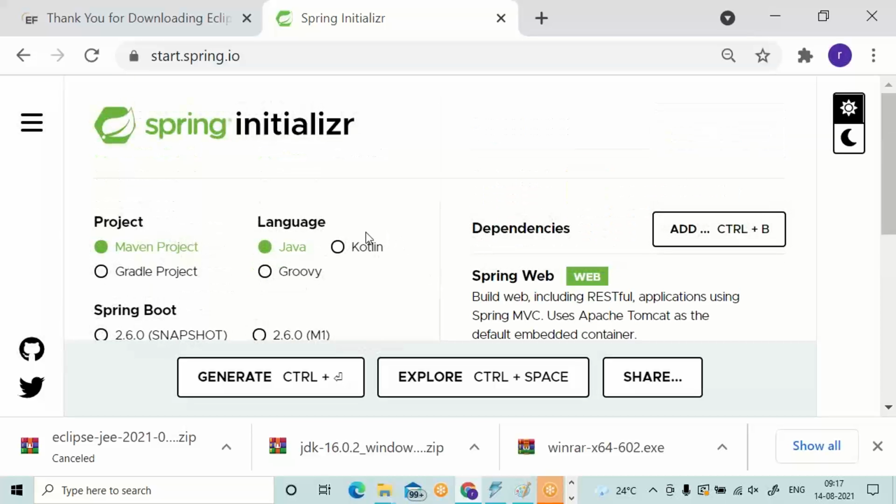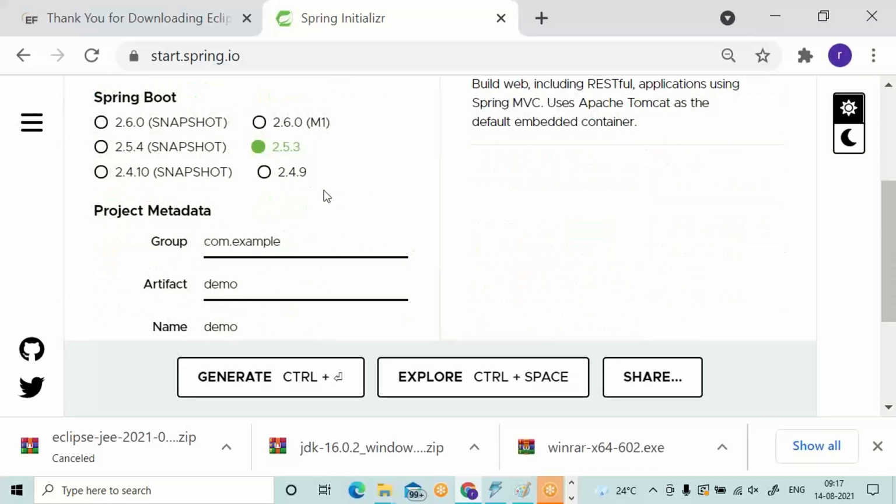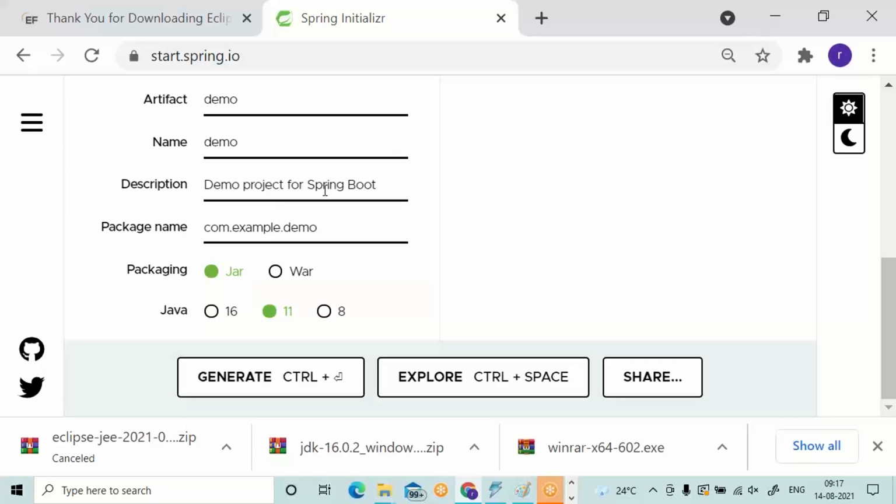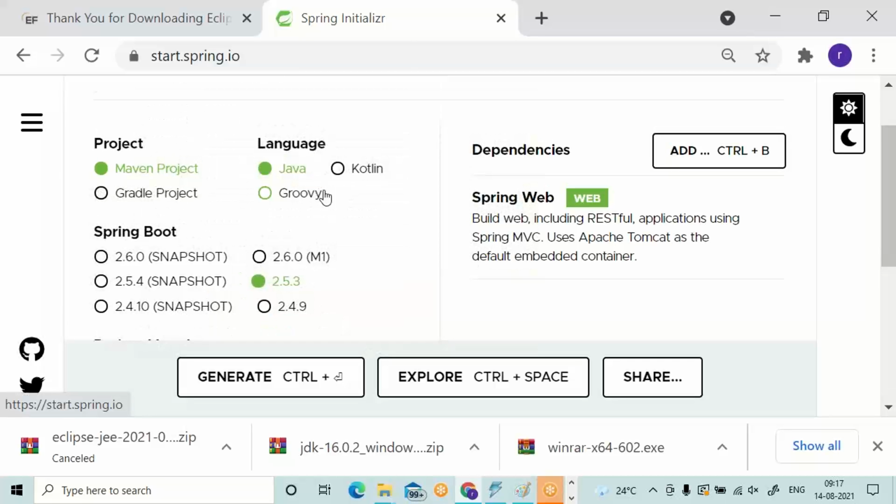That's all. We have given the input to the Spring Initializr for getting a ready-made Spring Boot project. The left hand side is completely default input. You didn't make any changes on the left hand side.